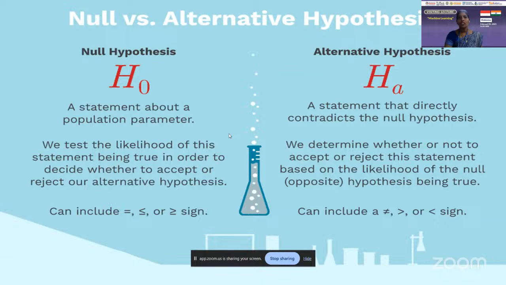So here this comes under the null hypothesis. There is no relationship between the data. Okay, so here the model prediction is no better than random guessing. And when you go for alternative hypothesis,